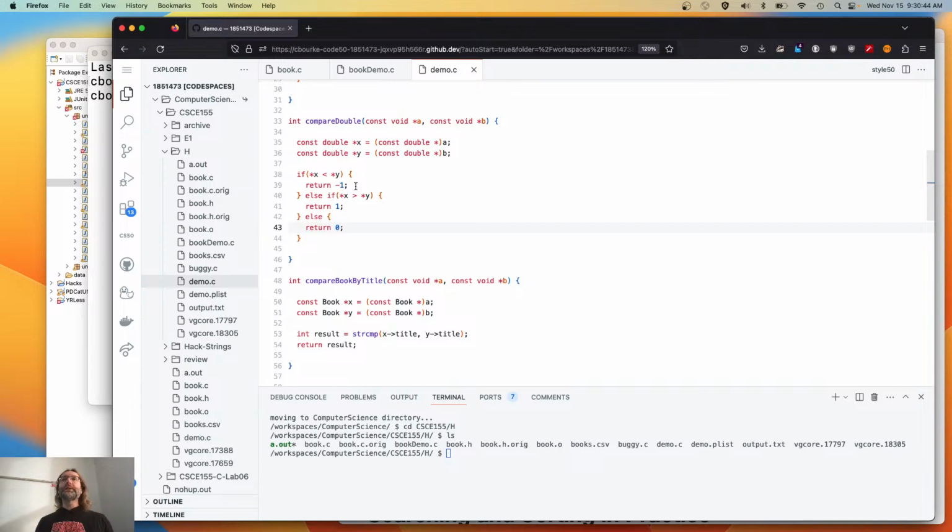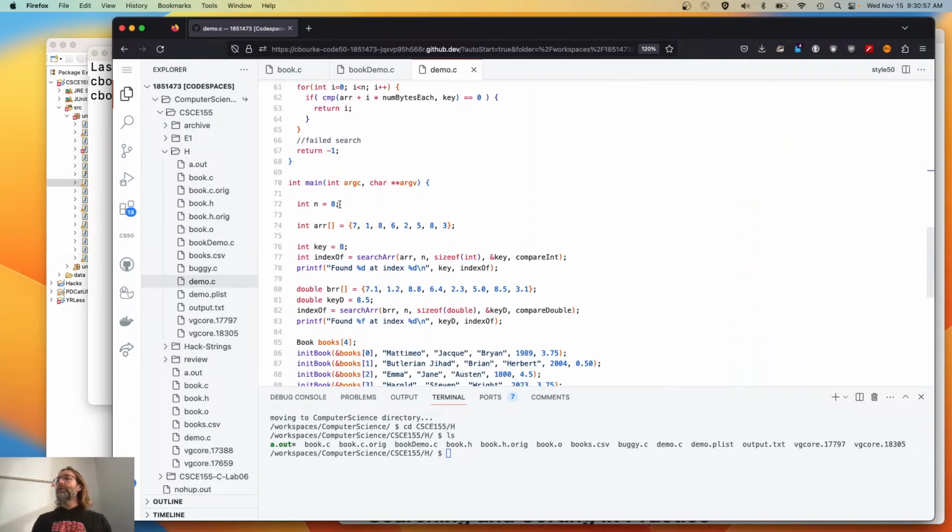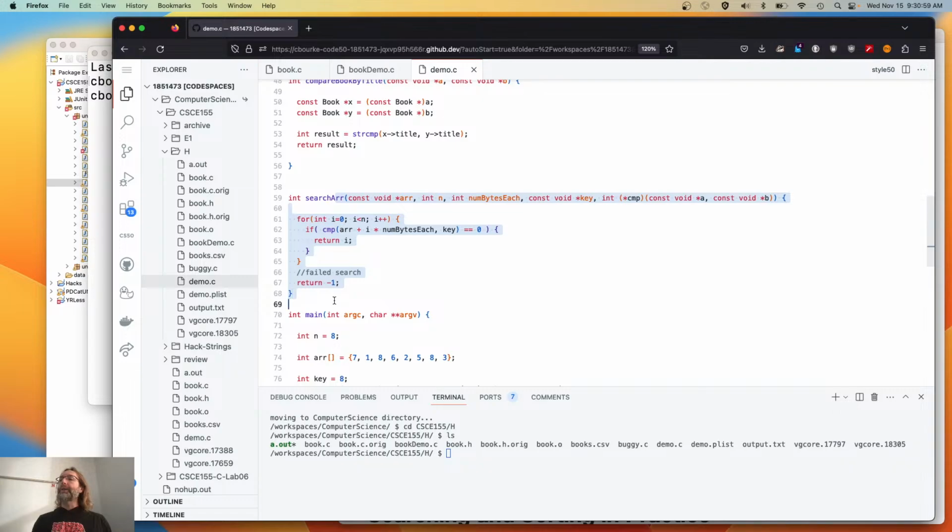So if you wanted to reverse this ordering, of course, you could go ahead and reverse these less than, greater than symbols. Or you could have a comparator call another comparator, which is what we'll do when we eventually get to it. All right? So what I wanted to do is take another look at this